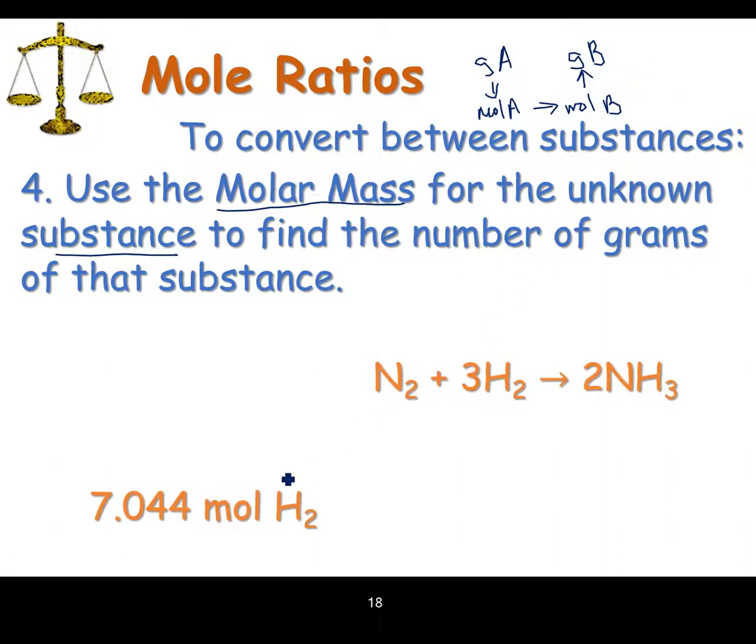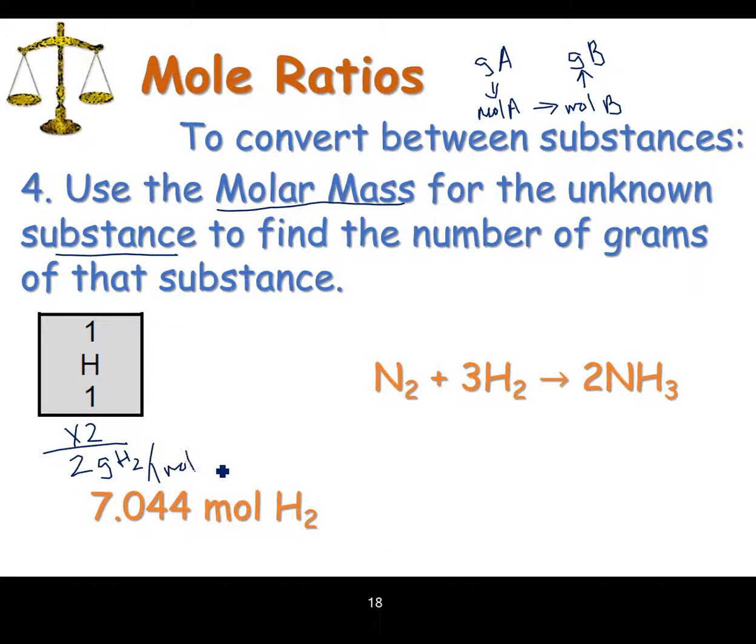What we have, again, the results of that last step are 7.044 moles of hydrogen gas. What we're going to do is see that, again, it's hydrogen. If you look on the periodic table, hydrogen has a relative atomic mass of 1. Since the molecule has 2 hydrogens, we take that mass of 1, multiply by 2, and we get that there are 2 grams of hydrogen gas for every 1 mole of hydrogen gas. So when we set up our conversion now, again, let the units guide us, it's going to be moles of hydrogen compared to moles of,